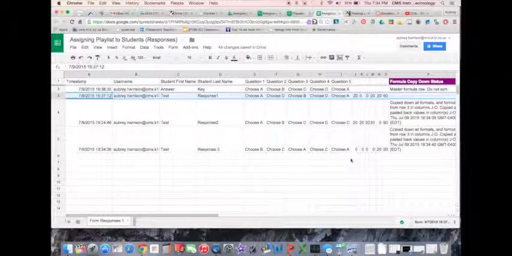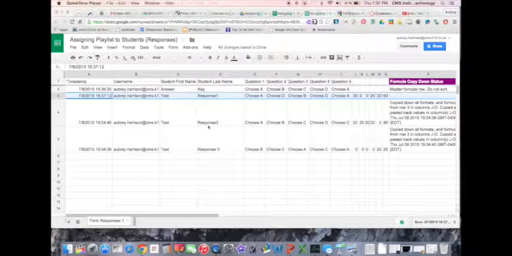So now as I add new entries, everything that's in here will automatically be copied down. Okay, so we have created our form, we have filled it out, we've set up our spreadsheet with our formulas within them, and that calculates everything, and so now that our spreadsheet for the most part is set up,